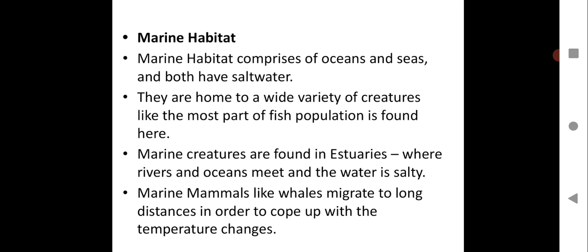So this is marine habitat which we have done, and they have to survive in that salty water. So the body is adapted to that salty water. In abundance, you will have a number of species. I am not talking about the population of the fishes, but each species of fish will have a large number of population. There are different kinds of fishes, different kinds of living creatures, not only fishes, found in marine habitat, and they survive in that salty water.